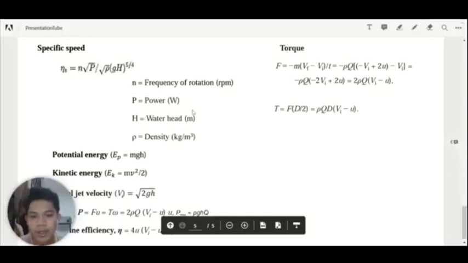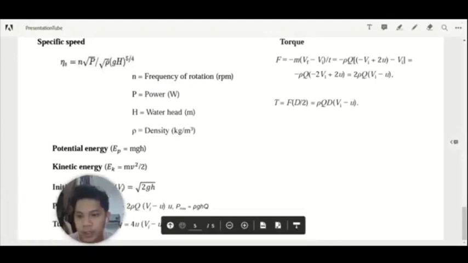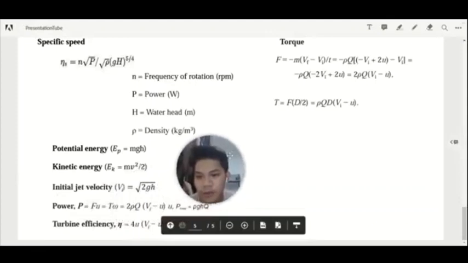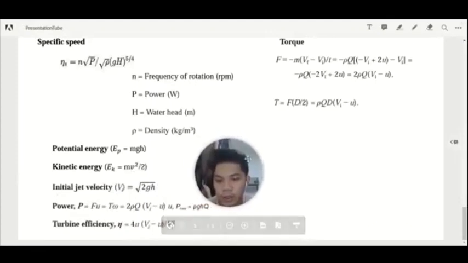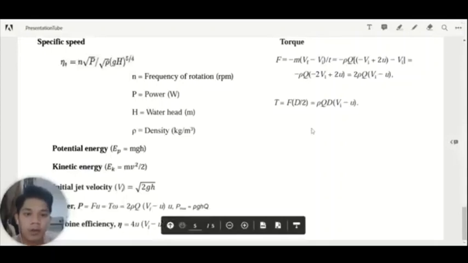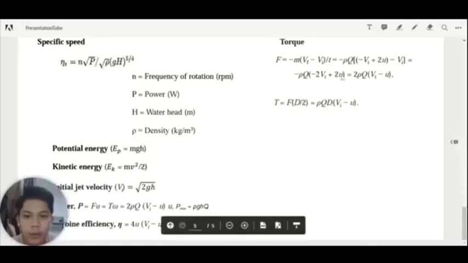And these are the other common formulas that are being used, which are the potential energy, kinetic energy, initial jet velocity and power, and also turbine efficiency. And lastly, this is the formula for finding the torque of the water turbine. And this first formula shows that